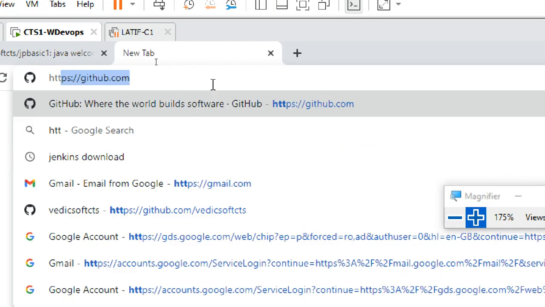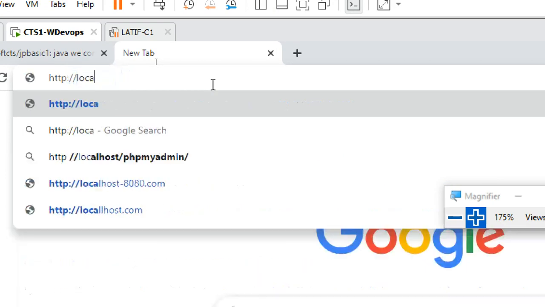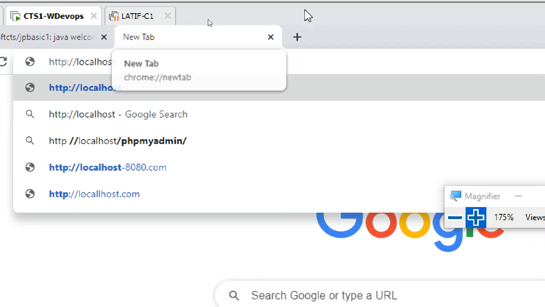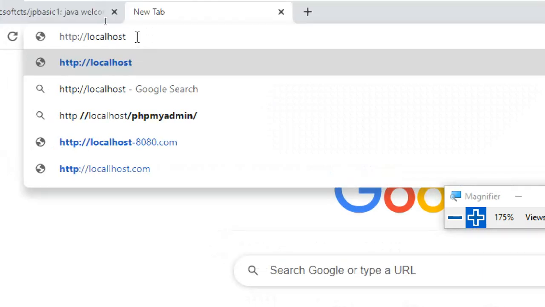Now http://localhost. What is localhost? Localhost means this PC only. This is my Windows 10 virtual machine where I'm installing Jenkins, right? So that is called localhost, meaning the local PC.